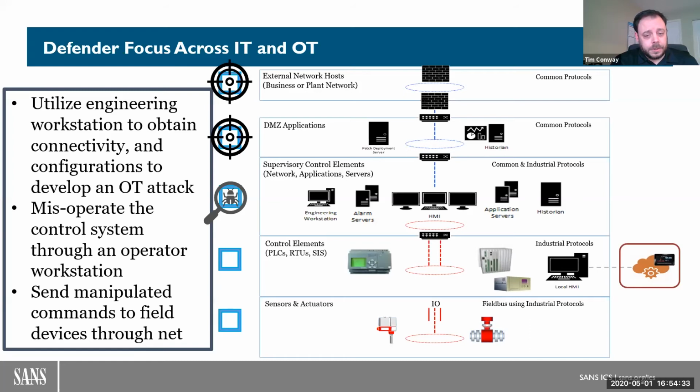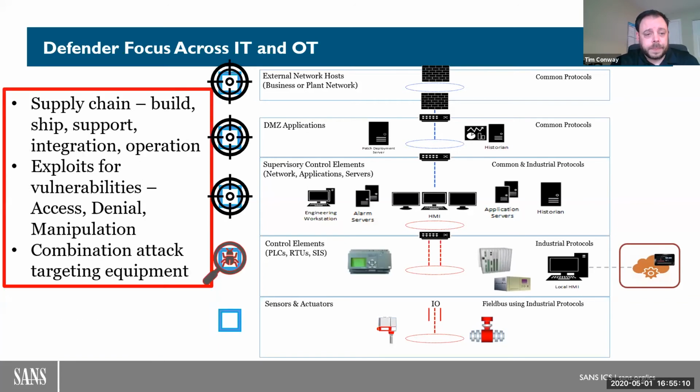When you're using that workstation to reconfigure or to understand or interact with those lower level devices, in many cases it looks normal, so it wouldn't appear as anomalous. However, if you were doing some level of threat behavior analytics and seeing that the communications are coming from higher levels first into that engineering workstation, and then the engineering workstation is actively communicating down, that would be the component that you could potentially trigger on and identify. Using those devices to send and manipulate commands through the field devices and through the networks, also again, at this stage too.